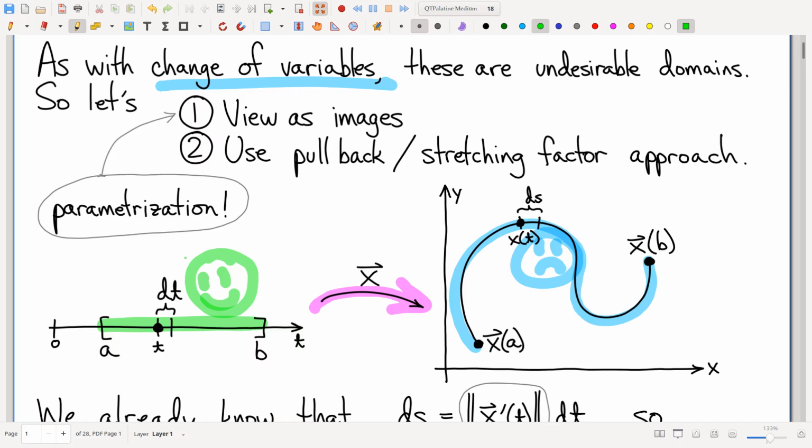If you have an integral on an interval on the t-axis, yeah, Calc 1, we're loaded with tools. So we're just going to try to figure out how to find a way to view our curve as being an image of an interval. And good news, we already know how to do that. That's called a parameterization. Lucky break. Actually, let me say it differently. Not so much a lucky break, but